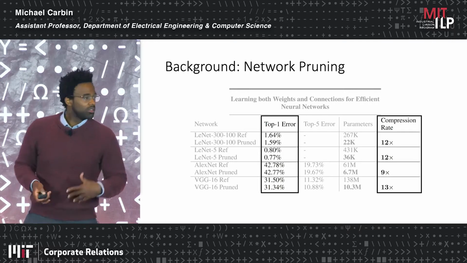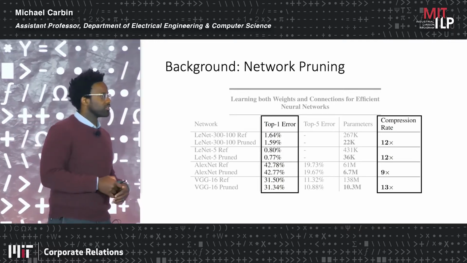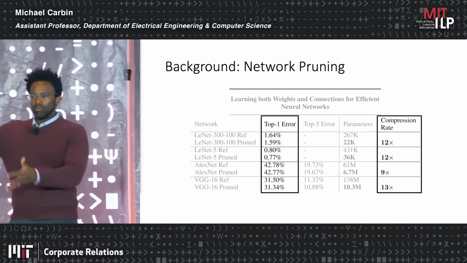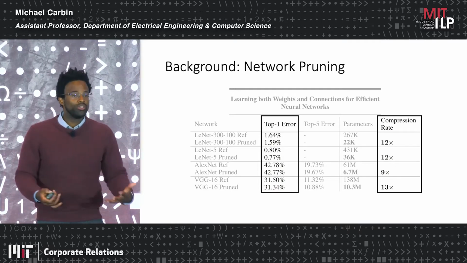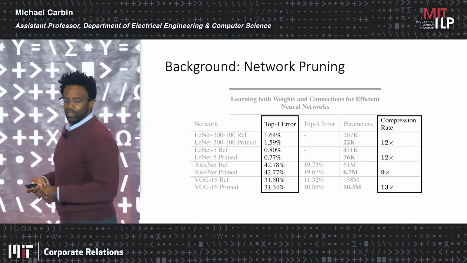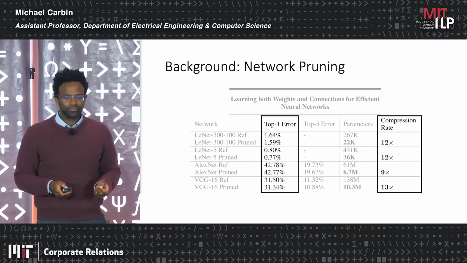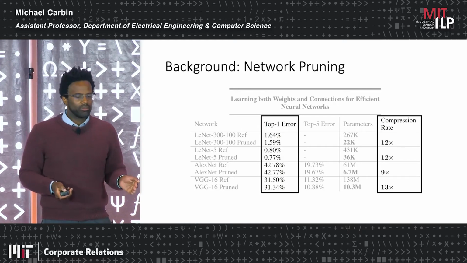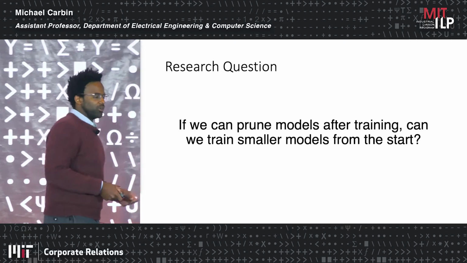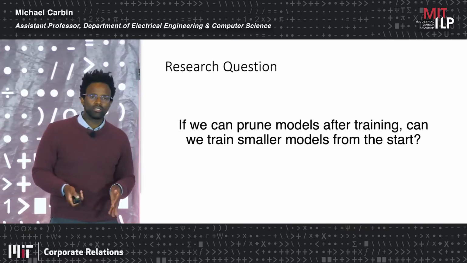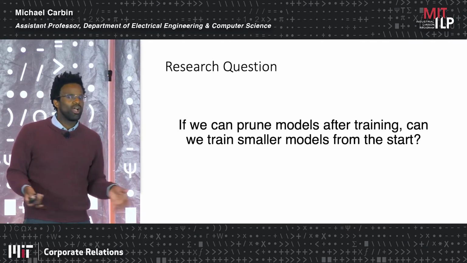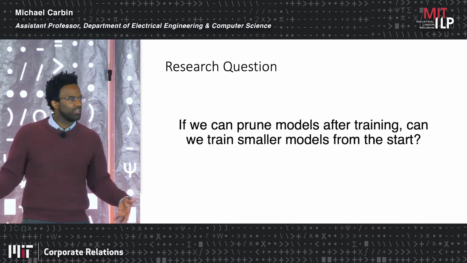So this is wonderful. The community has demonstrated at this point that there's a good number of opportunities to actually get smaller models, at least for something like deployment and inference after you've trained them, using techniques like pruning and in combination with other techniques you might have seen out there, such as quantization. Now, this is great, but what about training? In particular, if we can prune models after training, can we actually train smaller models from the start? Like, why not? What's fundamentally different about these two models?